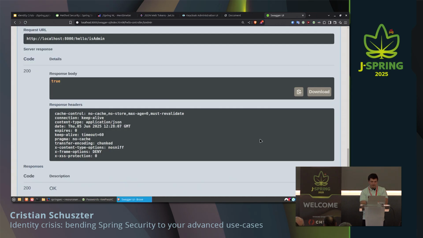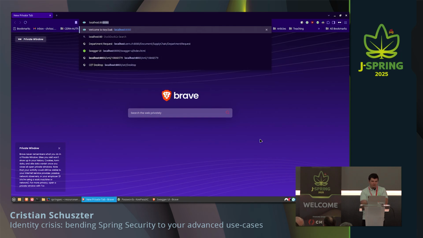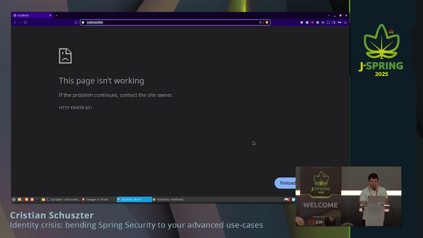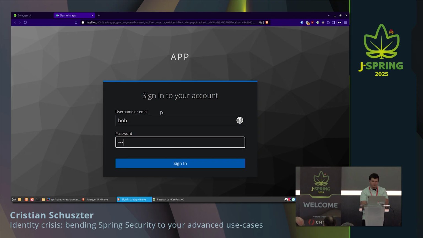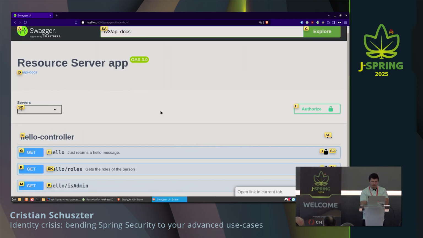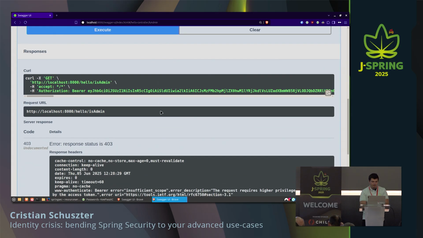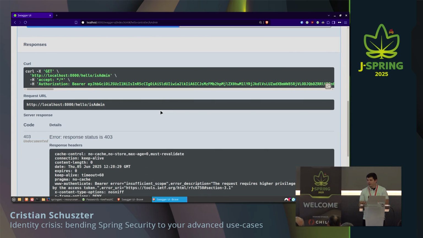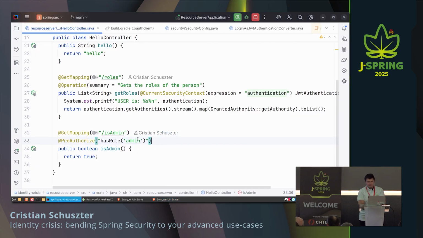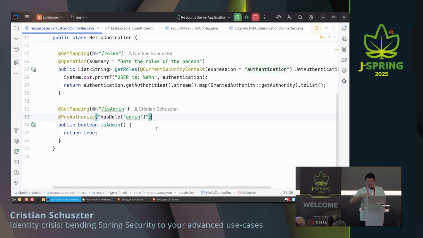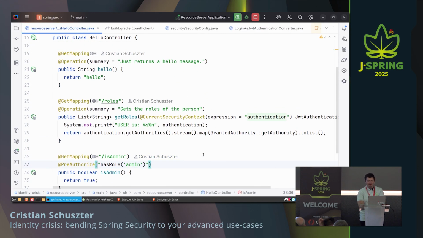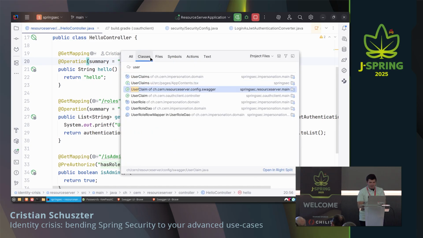But if I do it as Bob, sorry, yeah. If I log in as Bob here, and I call this admin, I get the 403 back, right? Because I don't have that role, right? So it's great because it parses my token and it gives me the roles that I want, or the claims that I want from the token, without me having to think a lot about it, right? So it's quite pluggable. Now, the second part about the template annotation expressions,